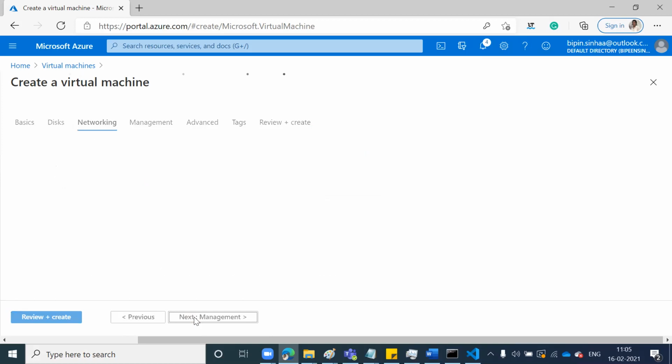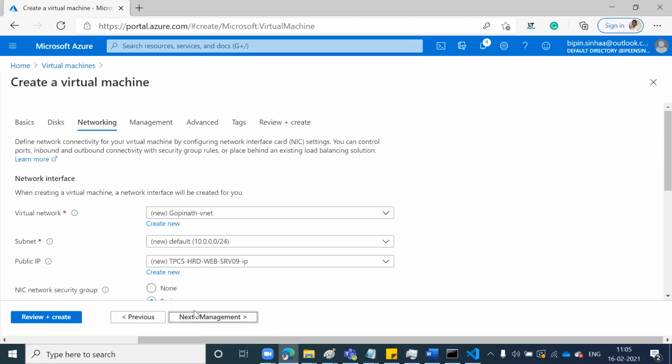Next, networking. By default, it is going to create a virtual network for you. You remember in your virtual environment, you have to create your virtual switch, right? And then while creating a VM, you go and connect your virtual switch with your VM. In Azure, it is the same. If you already have a network created, you can put your server into that network. If there is no network, then it will propose you to create a new network as well.